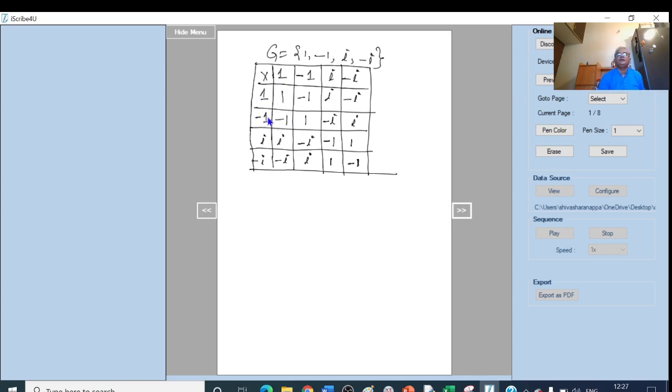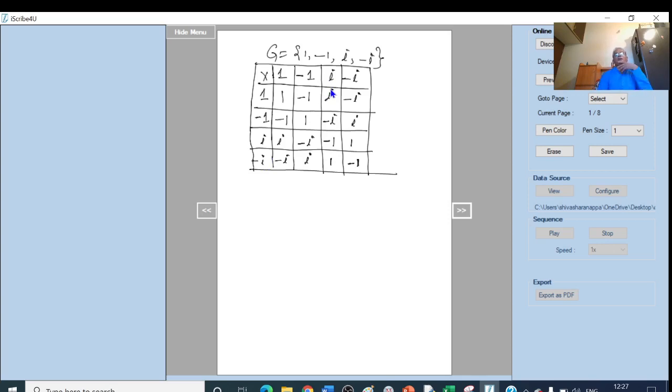The inverse of minus 1: go in this row. We have 1 as the identity, so I am getting identity here. And at the top, in the header row, we have minus 1. So the inverse of minus 1 is minus 1. And the inverse of I: going to the right, I am getting identity here. At the top here we have minus I. So the inverse of I is minus I. And to find the inverse of minus I, come in this row till we get the identity. The identity is here, and we get this identity if I multiply with I. So the inverse of minus I is plus I.